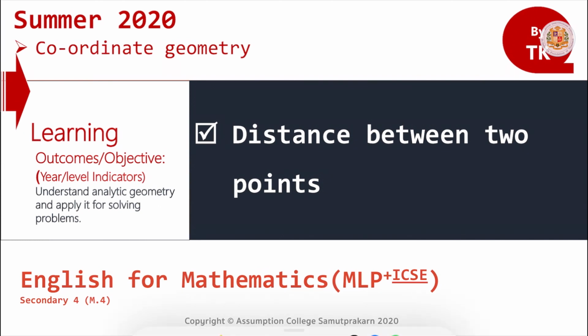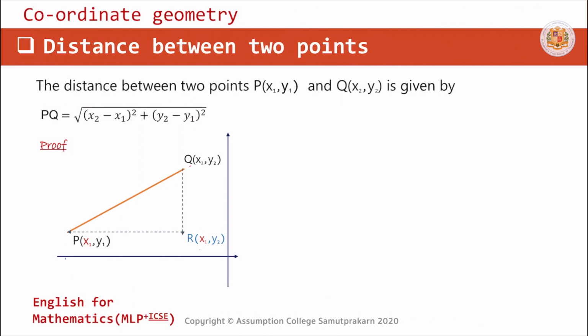For distance between 2 points, it's actually easy if we just use the formula to find the answer, to identify how long the distance is between the two given points. But to make more sense of using it, why don't we try to prove it first, beginning with something like